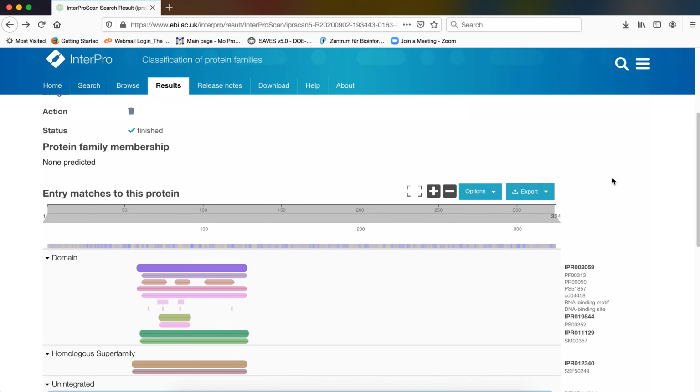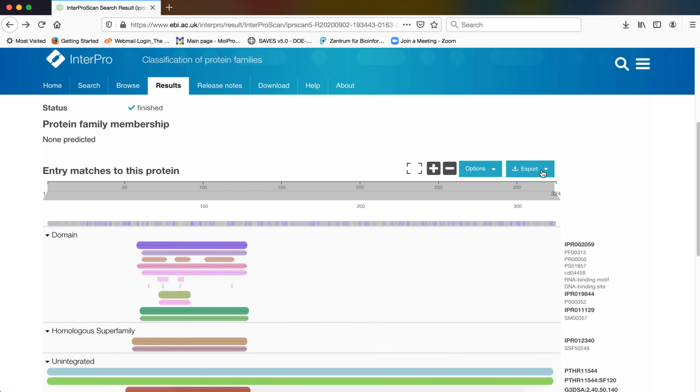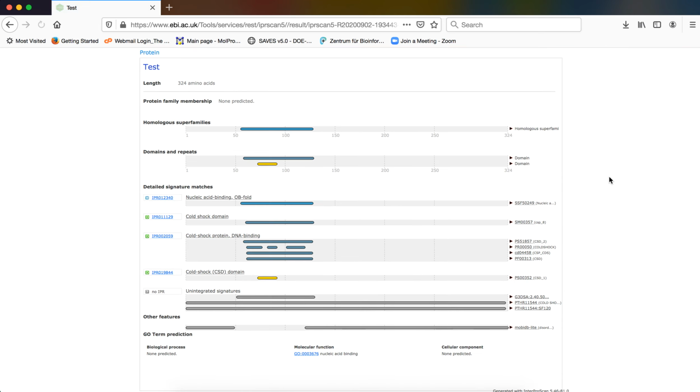Now it is important for us to save the results. So how do we save the results? We click on export and we click on SVG format. Let us see what happens here. So this provides you with a summary of your results in an SVG format.